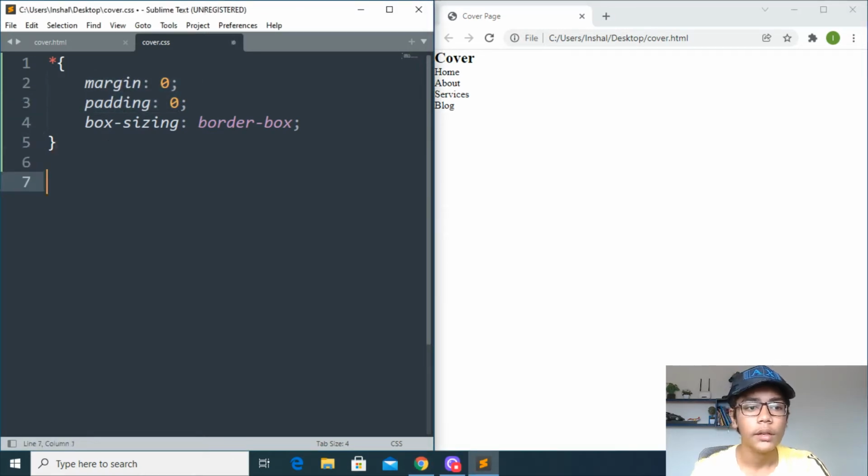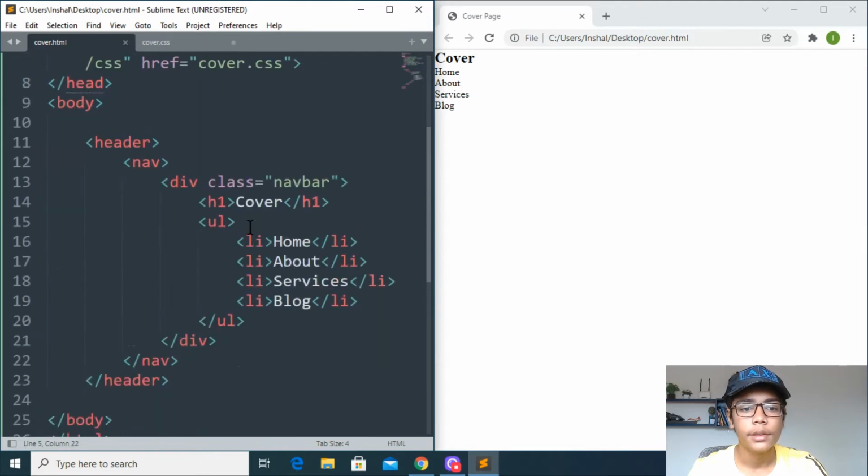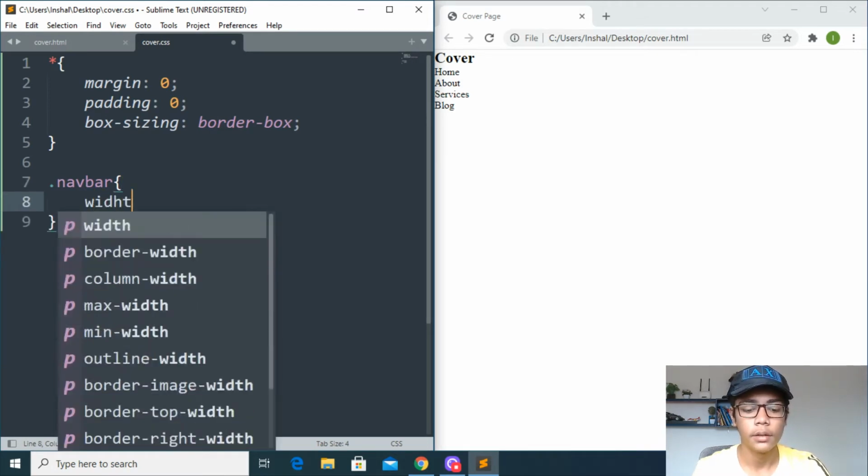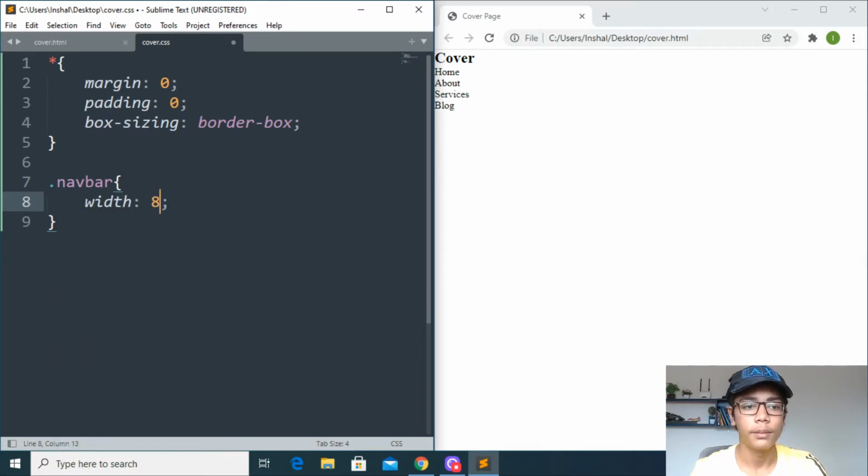So here we have made one class, you can see, which is called navbar. So with the help of this navbar class, we will be having padding and margin, everything. So I will be saving this file, and then I will be just writing dot navbar. So take care about one thing when you are writing class. So dot is really important to write at the starting of your class. Then you have to just make this curly bracket again, like previously we have made, and I will be moving down here. Then you have to just write width, which should be 85%, and then move down.